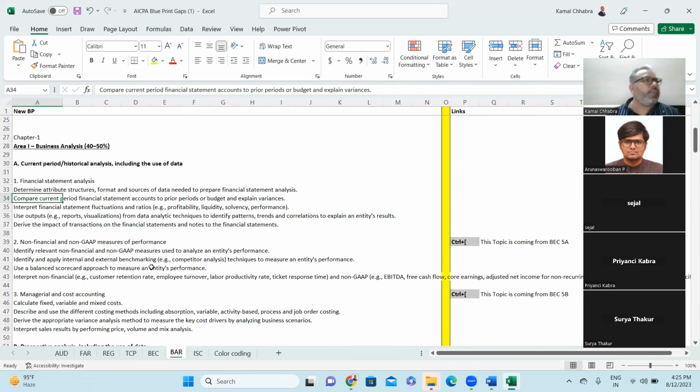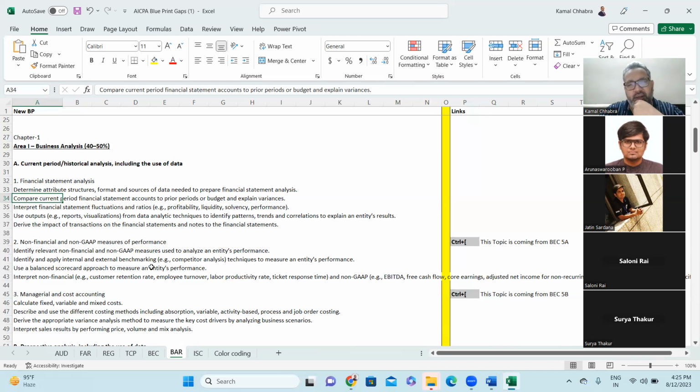Have you heard the term financial analyst, or business analyst? What exactly do they do? They basically read the financial statements of companies, analyze them, compare the results of the current year and previous year, and report their understanding to the management so that they can take fair decisions. Yes, absolutely right.